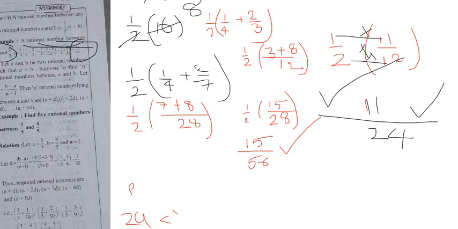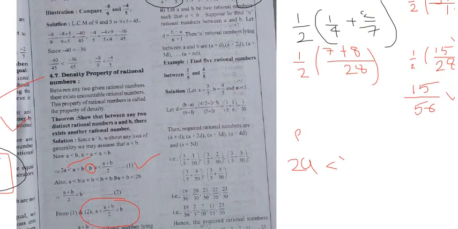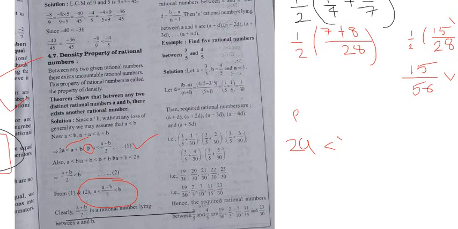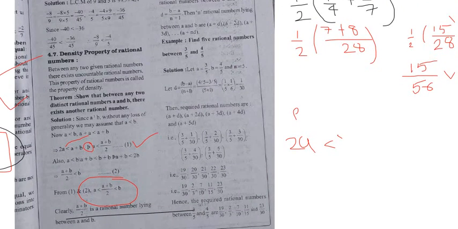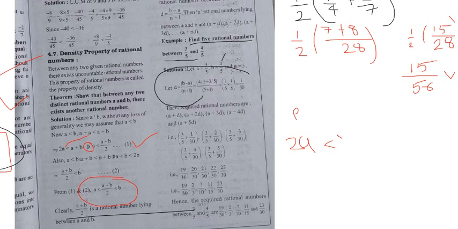The next, here see what they are saying, a good question: find 5 rational numbers between 3 by 5 and 4 by 5. How to find that? Here they gave the formula, b minus a by n plus 1. First of all, assume that this number is a and this is b, and when we have to find 5 rational numbers or 2 rational numbers like that, then the formula is